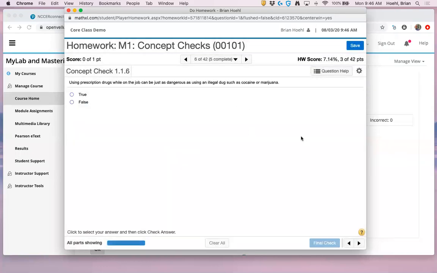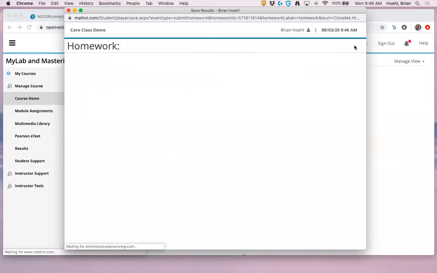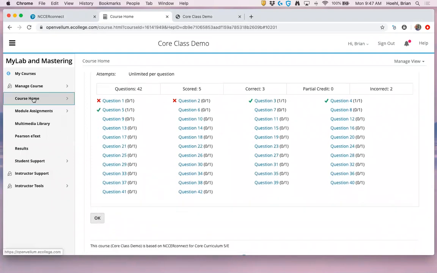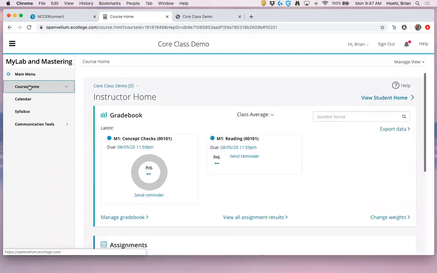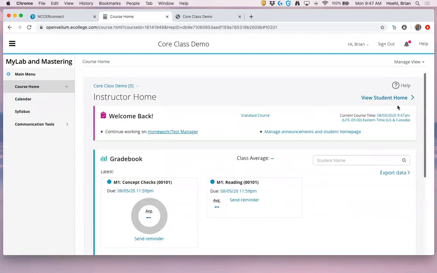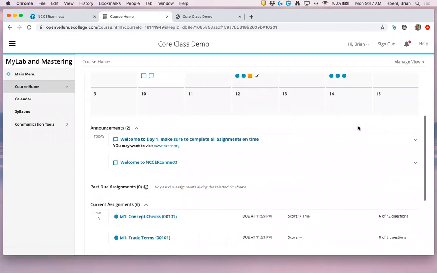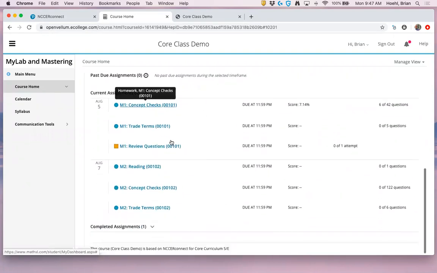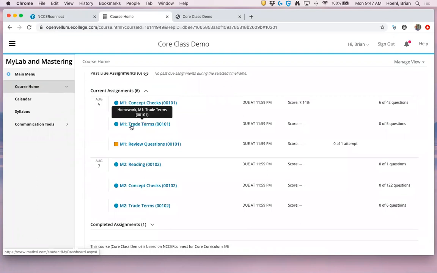Okay, so I won't take any more of them. That's kind of how a concept check works. I'm going to hit save. You can see I got a couple right, a couple wrong. Hit OK. Oops, go back to my student home there. You can see now the concept check is still available because I haven't completed it. But I'm going to skip that and go to the trade terms so you can see what